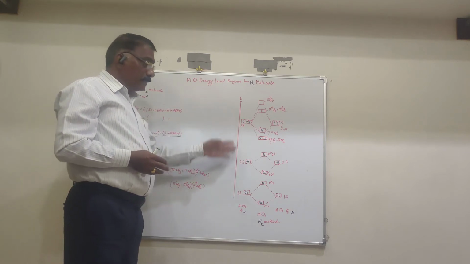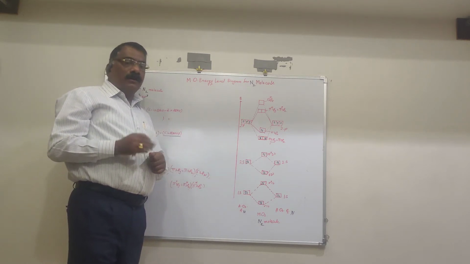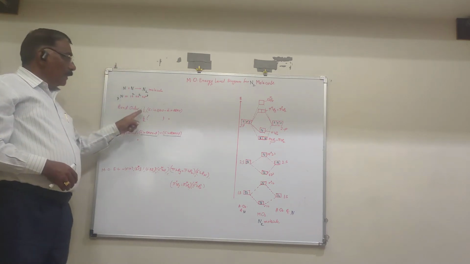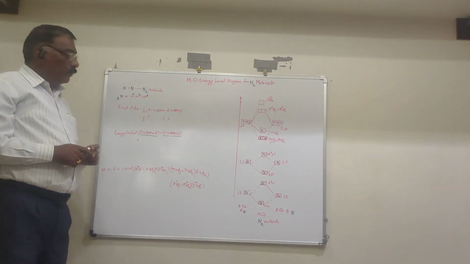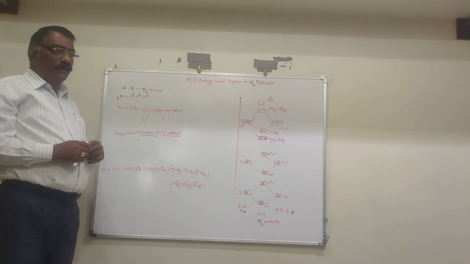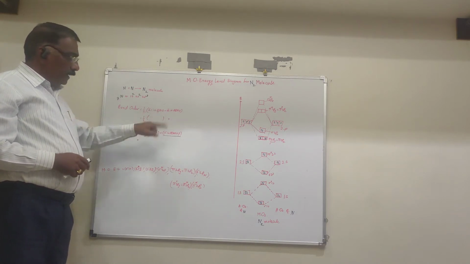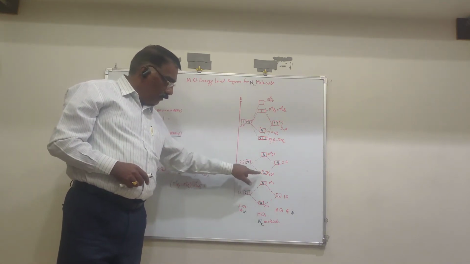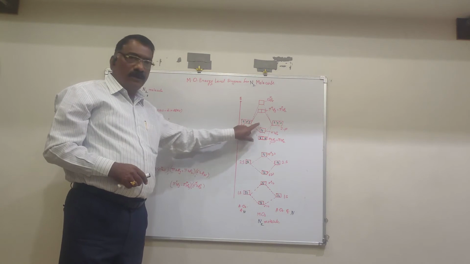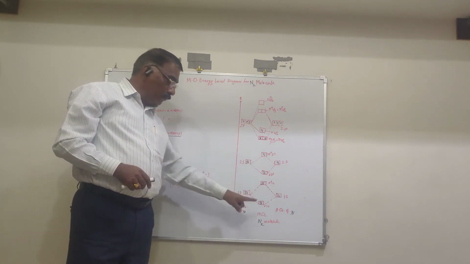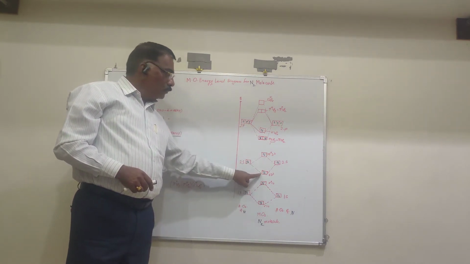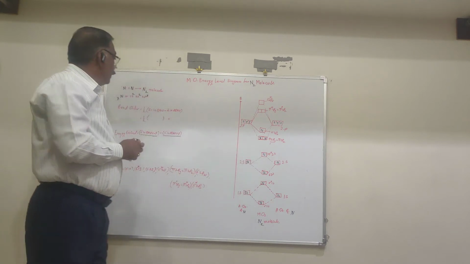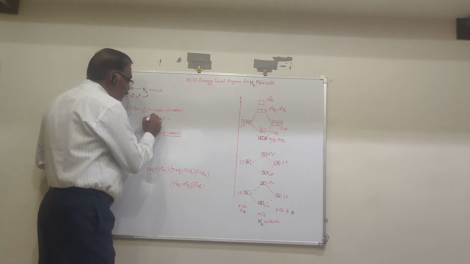For that we must calculate the bond order, which is calculated by the formula: bond order is equal to 1/2 times the electrons in BMO minus the electrons in ABMO. BMO means all the BMOs present in the diagram. See, this is a BMO, and these are also BMOs. Count the electrons from these: 2 plus 2 plus 6. Total there are 10 electrons in the BMO. So electrons in BMO is equal to 10.